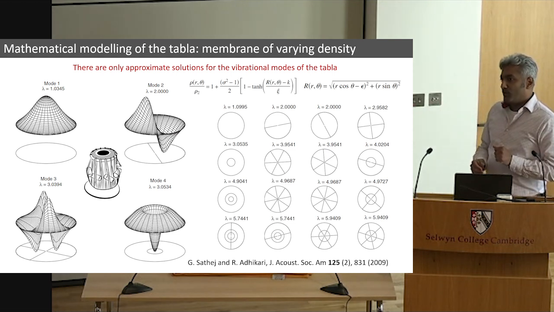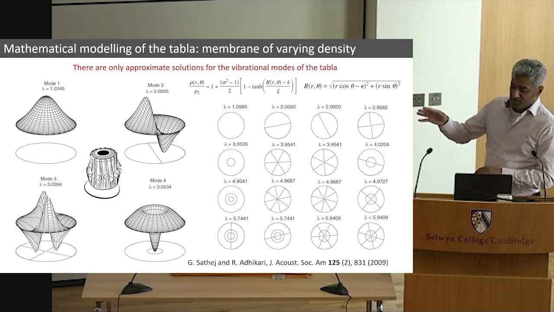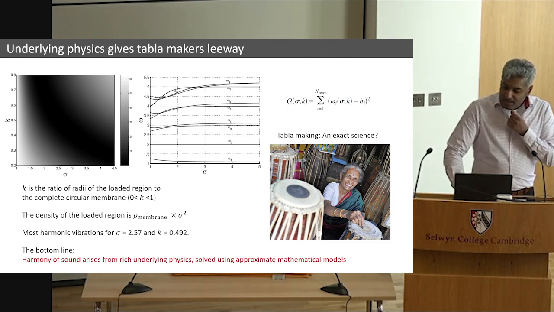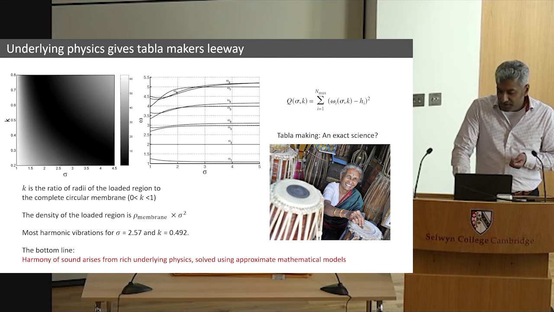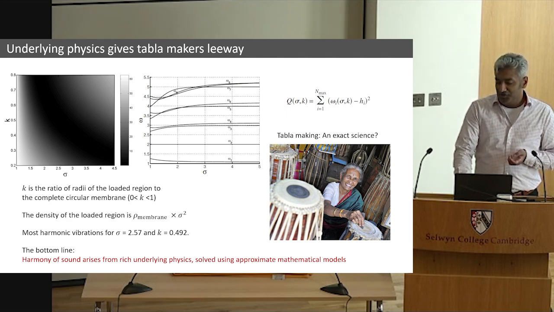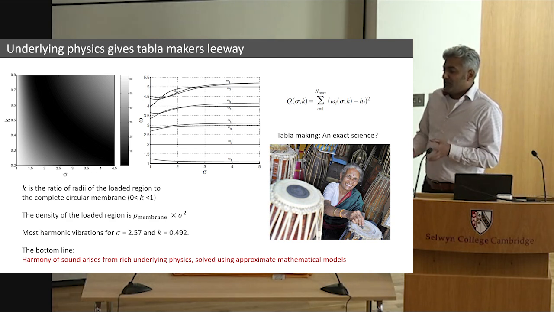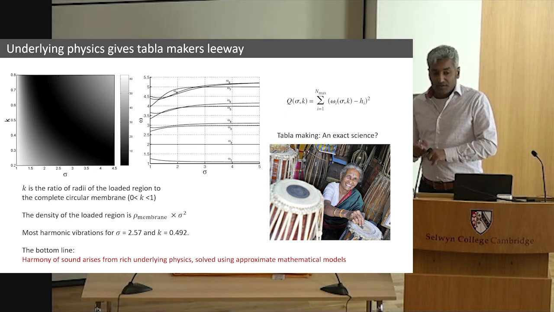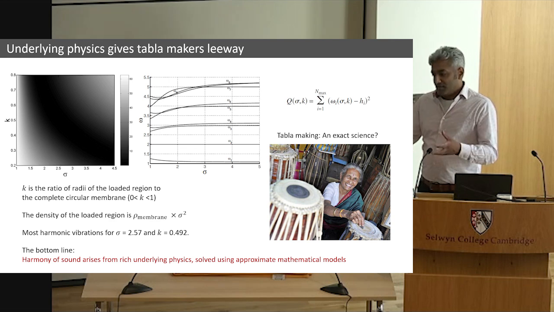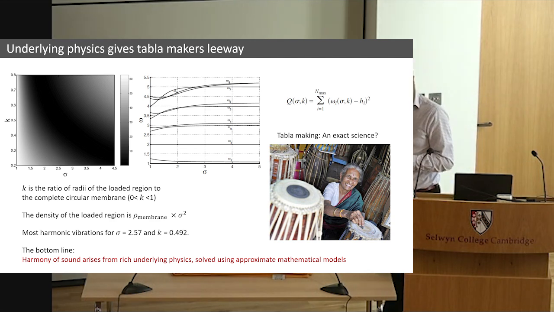if you were to account for the first mode, and you have to suppress the first mode to get the harmonic sound for na here. So, of course, tabla makers like this happy lady over here, who's trying to put the black loaded region on a drum. The question is, how did they build masterpieces? Because they have no idea of the underlying maths. They have no idea of the physics of vibrating drums. They've just been taught, do it this way and try and tune the sound to get the harmonic, so a tonal quality that's quite pleasing on the ear.